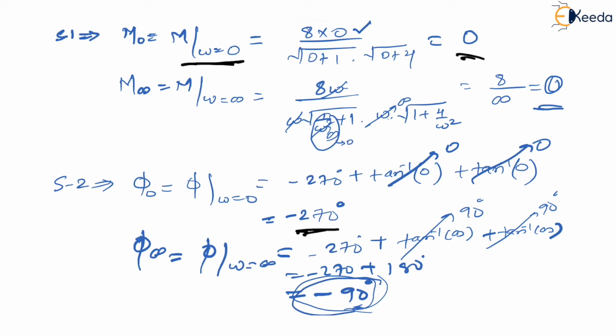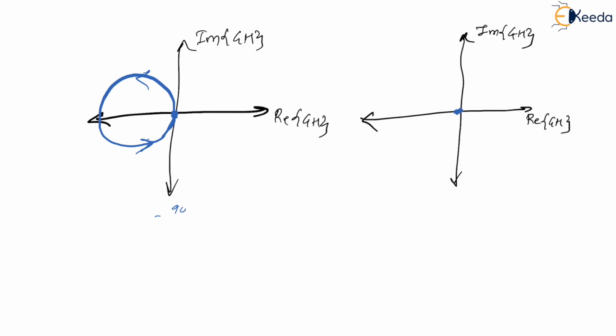Why? You have seen that phi infinity is minus 90 degrees, and here you have minus 90 degrees, right? That is the reason. So this is valid, but even this can also happen. It is also going in minus 90 degrees only, right? Now we need to check which of first and second is correct. Let me name this as first, let me name this as second.